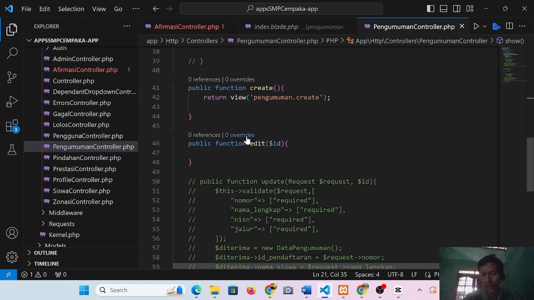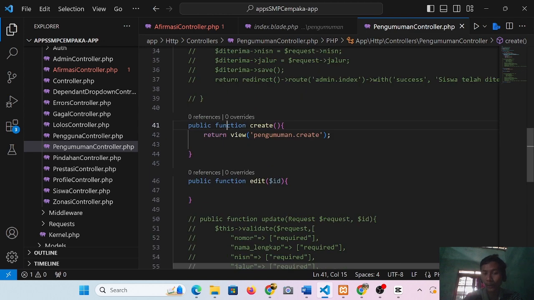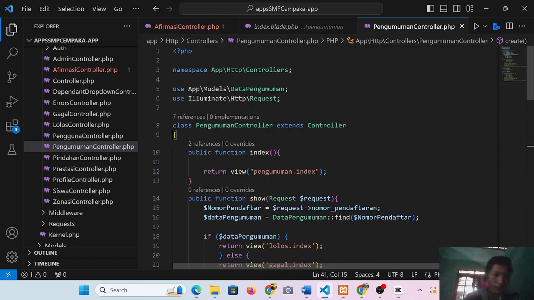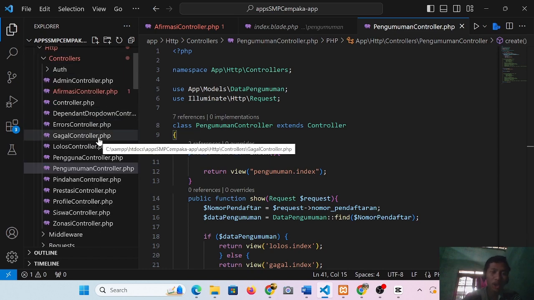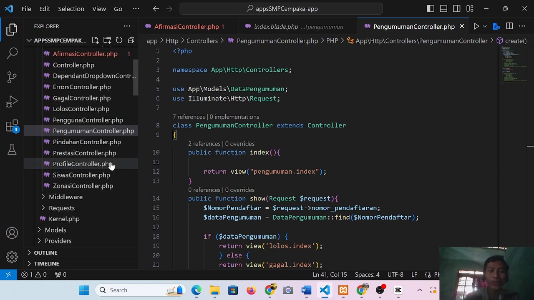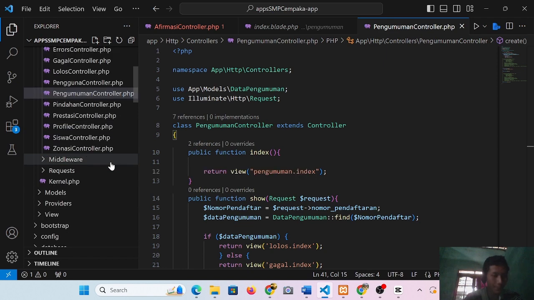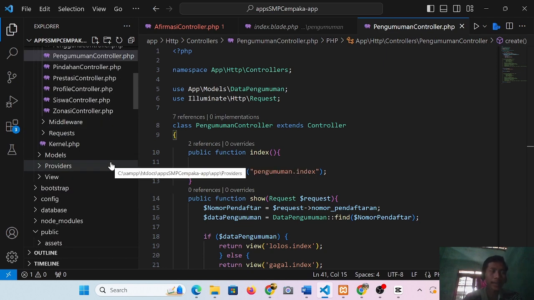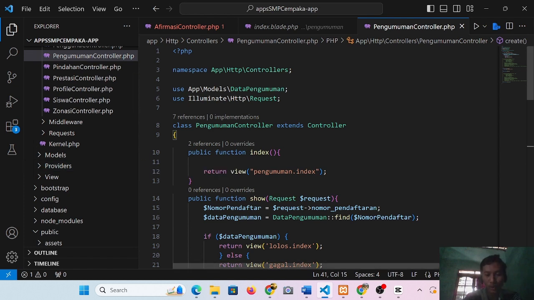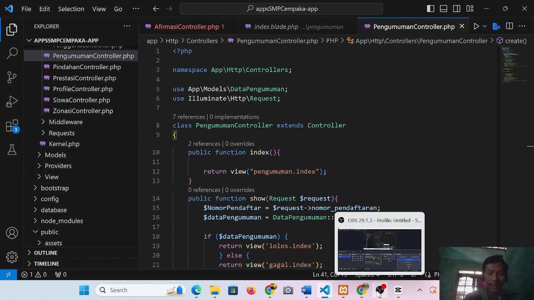Here we can create the pengumuman and update the data in the pengumuman controller. The other controllers and views have the same concept. So I think that is my explanation of the source code from smpcempaka.main.id.